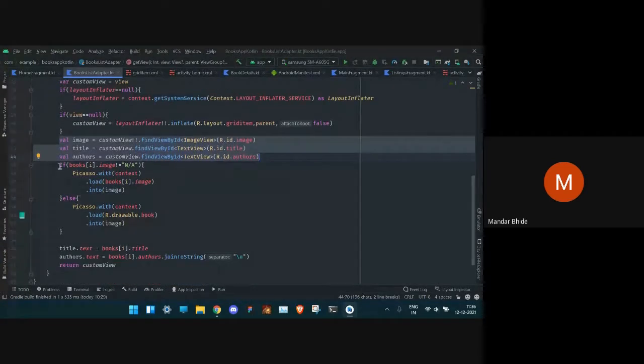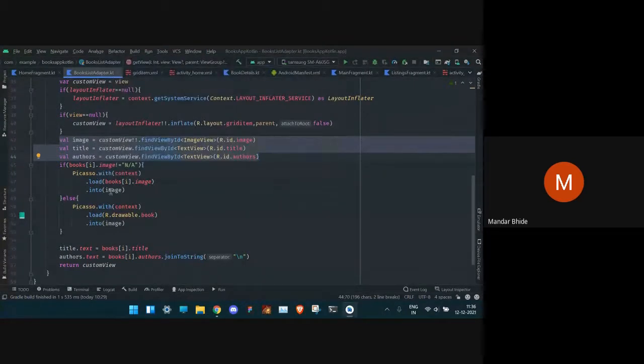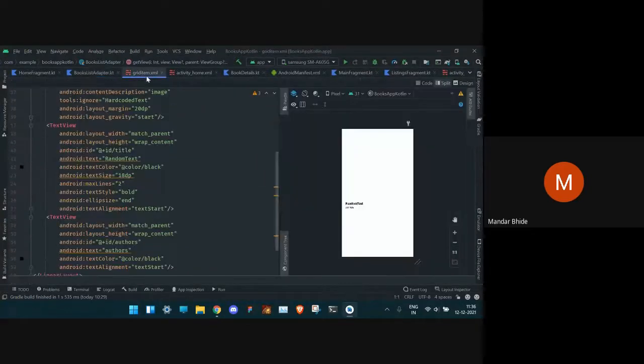Now we need to render the image, right? What the Google API gives us is a web link to that image. So instead of once again going through all that stuff, we have used a ready-made library named Picasso. It actually performs the GET request in the backend and loads it into the image view of this grid item.